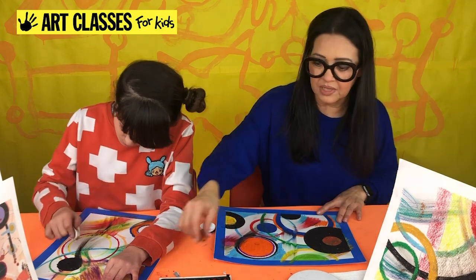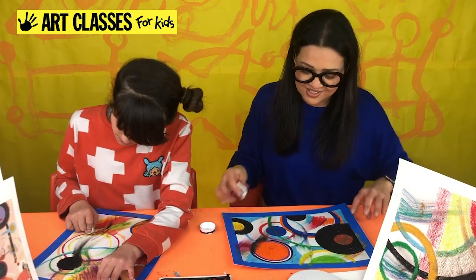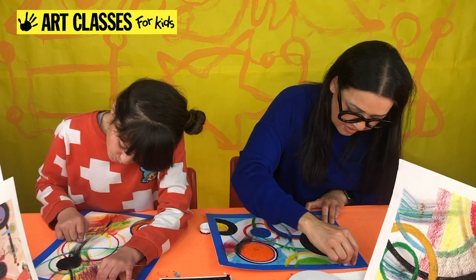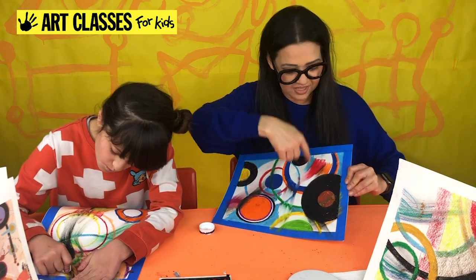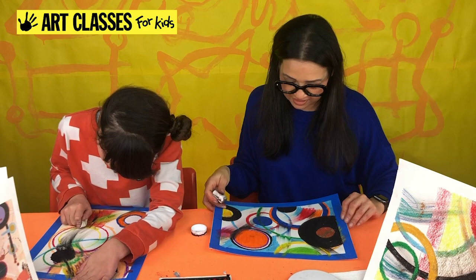And I'm gonna go through black and see how that looks. Okay, what happened to my little thing? Oh, here it is. So now what I'm gonna do is I'm starting the orange and I'm gonna go through the black and come out like that. And through the orange, through the black. So that one came out through there. I don't know if I can get any colors to show up on top of black, but